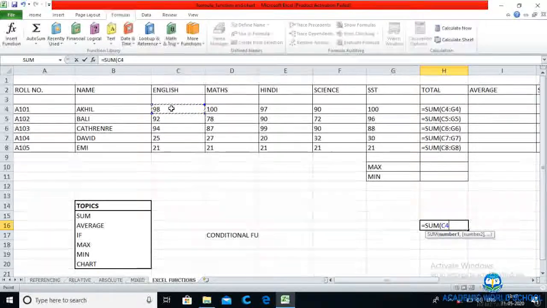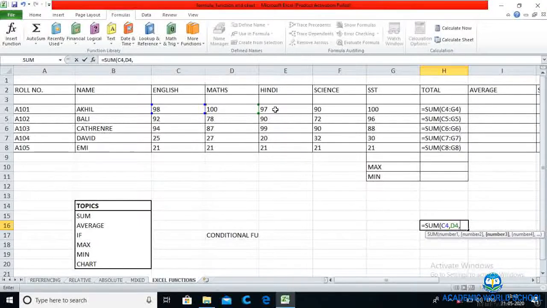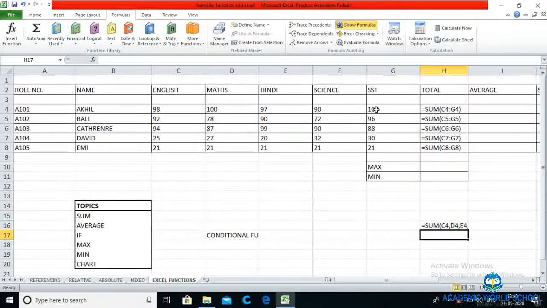Now we will select each cell individually. I have selected C4, then I put a comma, then 100, same way comma, E4, comma, F4, comma, G4. Okay students, now close the bracket.